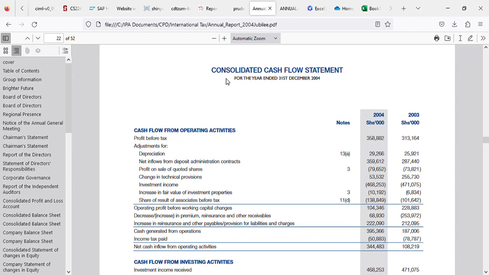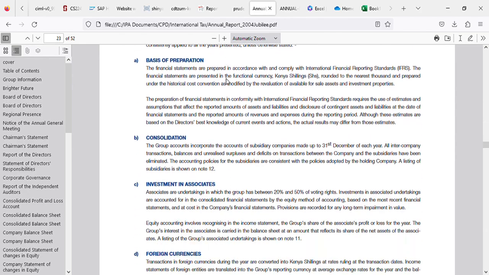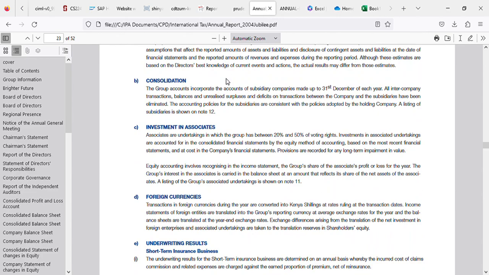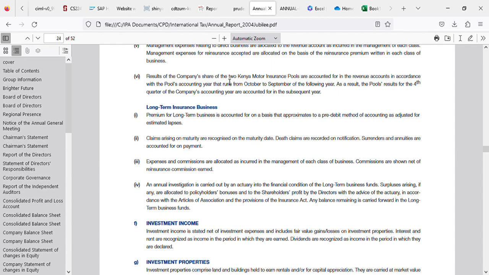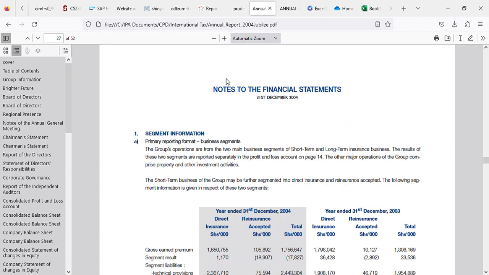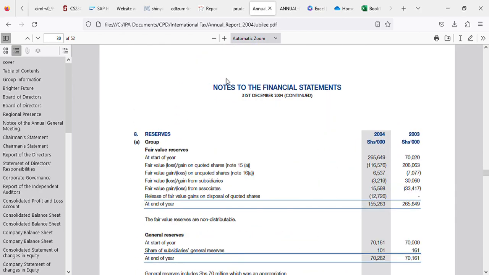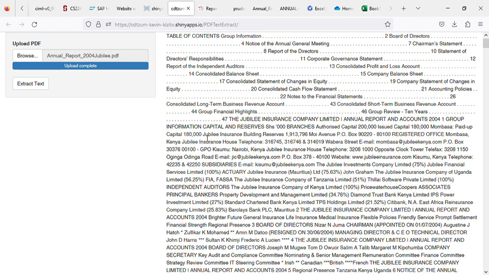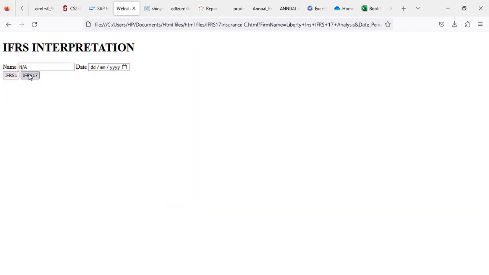Okay, cash inflows. This is a statement of cash flows, basis of preparation, associates 20% and 15, long-term insurance business. They're giving some information, deferred tax, assets. So you'll have to go through all that information to check that. With that tool, we just select all these and put them in our tool to check,